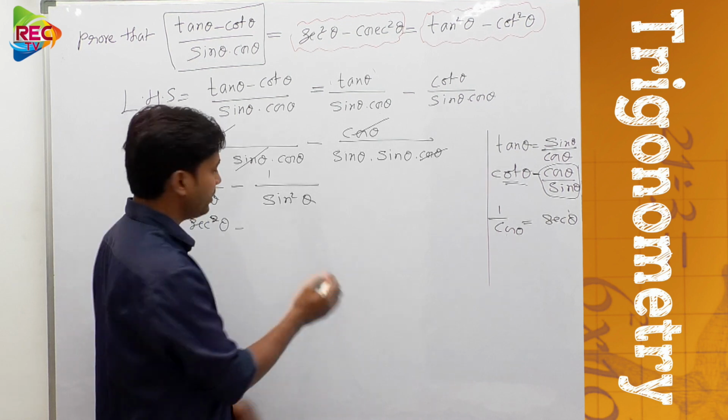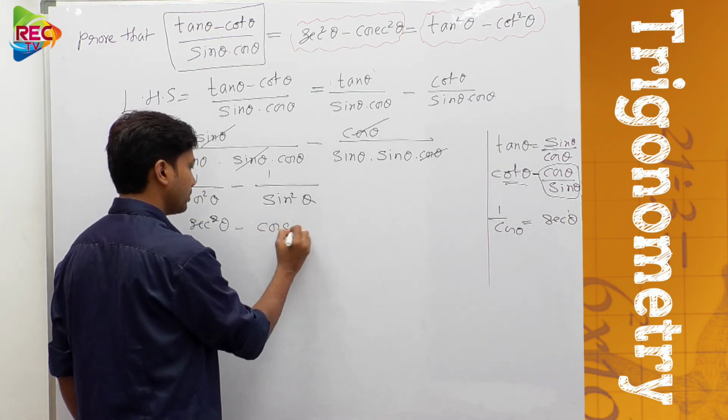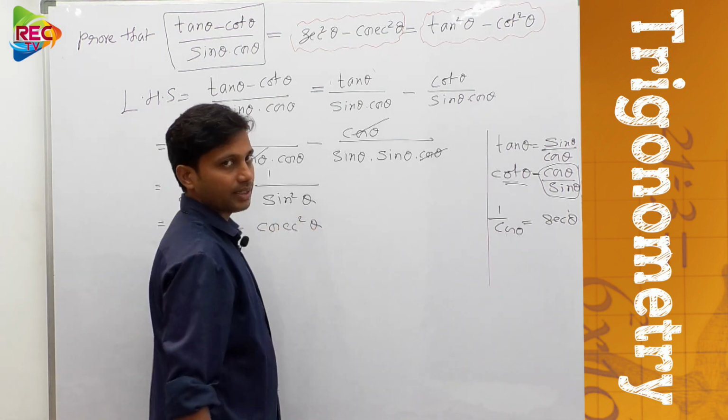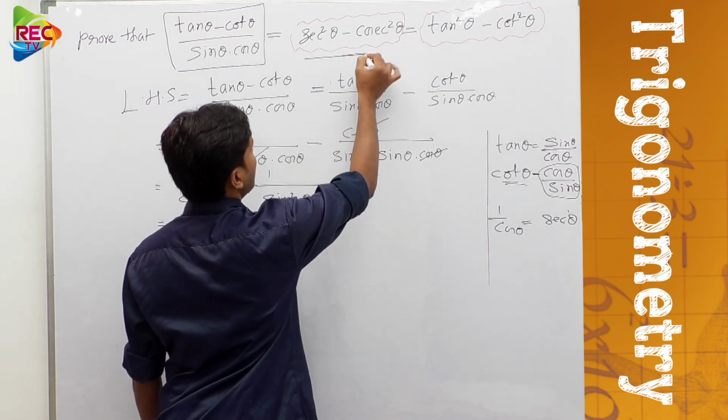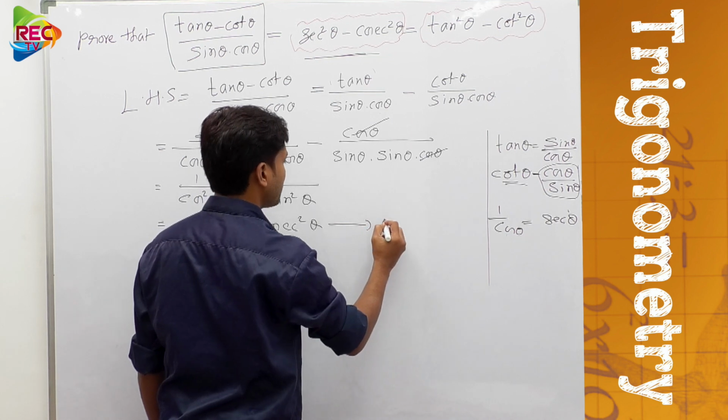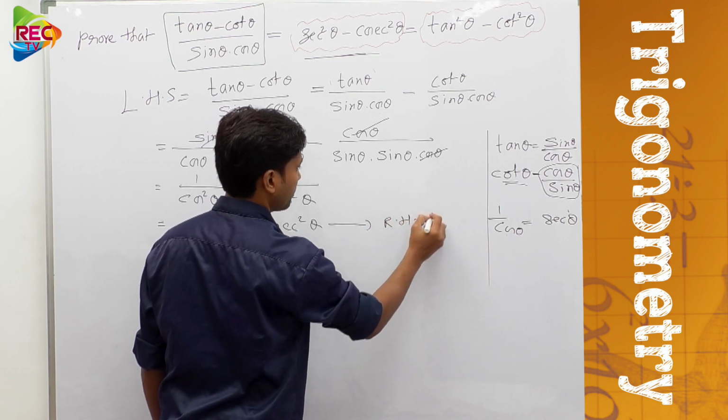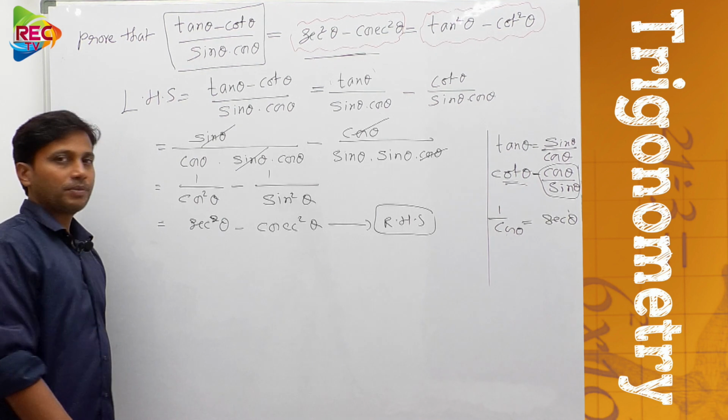Cosecant square theta, right? So cosecant square theta. I think we could obtain our first RHS part. So this is your first answer. So we obtain